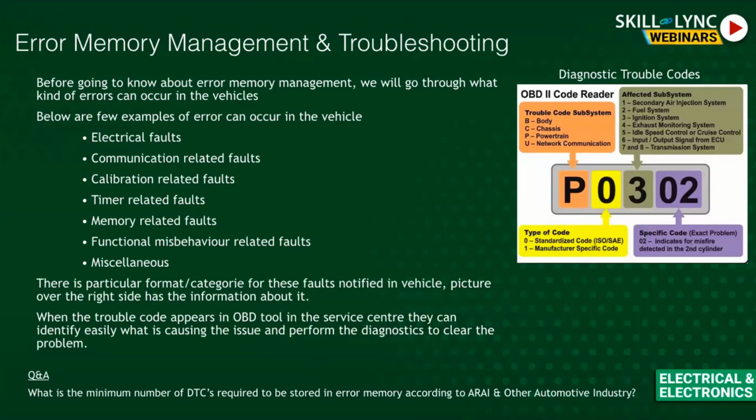Okay, and the second digit talks about the standardization, like whether it's a manufacturer-specific code or a standard code. It talks about 0 or 1. 1 is for manufacturer, and the third digit is something about which subsystem you're talking about. Okay, what kind of subsystem is faulty here? So that talks about this. So it's all predetermined according to the code. You can go through the manual and see exactly which subsystem is getting affected by the